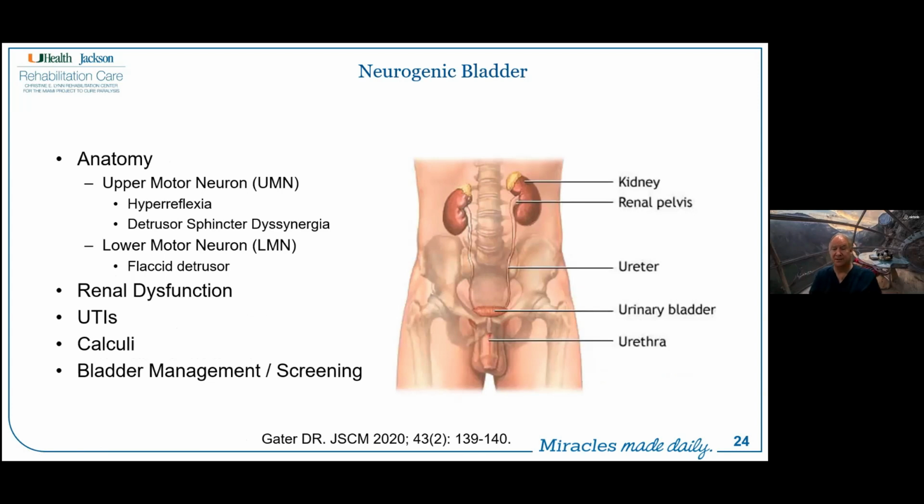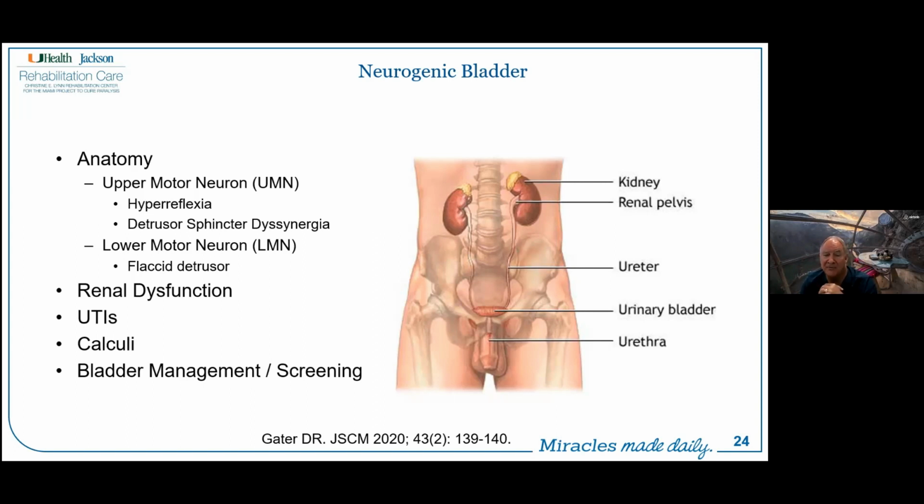Neurogenic bladder is typically one of the most difficult things to manage after a spinal cord injury. Again, in spinal cord injury, we're going to see a hyperreflexic bladder as well as sphincter, and that is called the detrusor sphincter dyssynergia. If both constrict at the same time, then we see the urine backflowing through the ureters up to the kidneys and can cause acute hydronephrosis. So that is a major problem in that it can cause acute renal failure and potentially death.